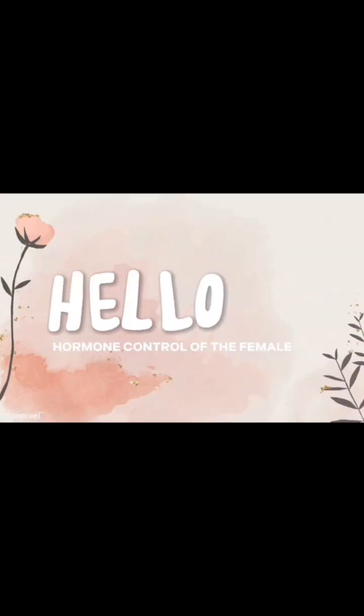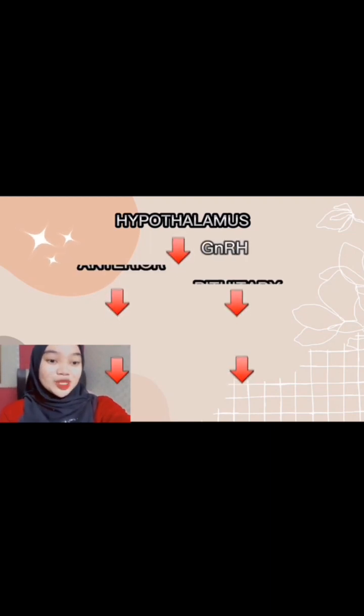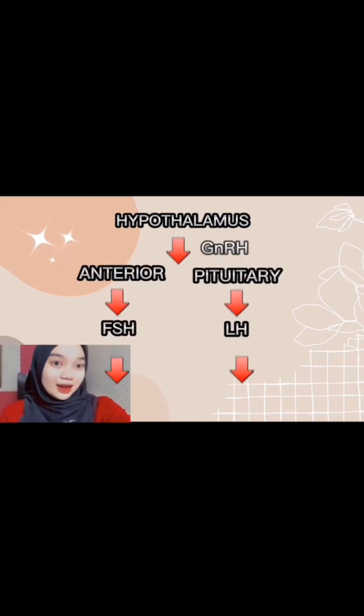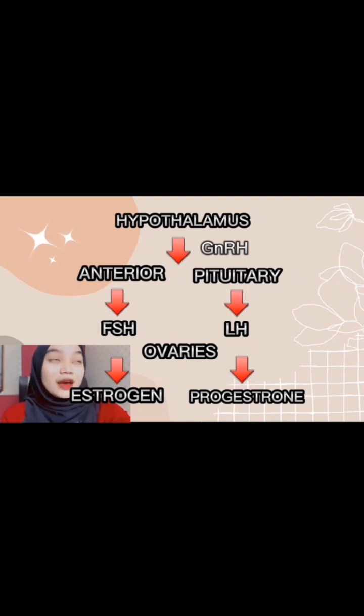So I will explain to you guys about hormone control of the female. At puberty, the hypothalamus secretes gonadotropin-releasing hormone, GnRH, and then GnRH will activate the pituitary gland to produce and secrete follicle-stimulating hormone, FSH, and luteinizing hormone, LH. And then FSH and LH will travel in the blood to the ovaries and stimulate the production of estrogen and